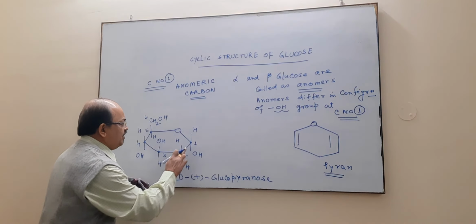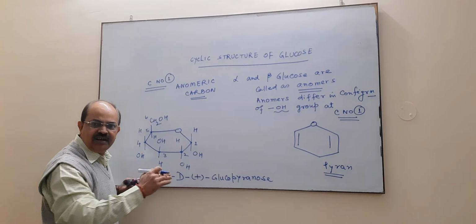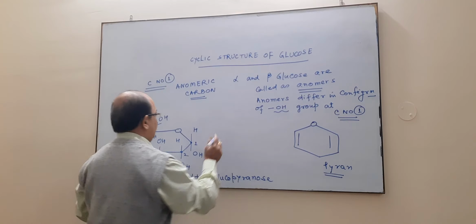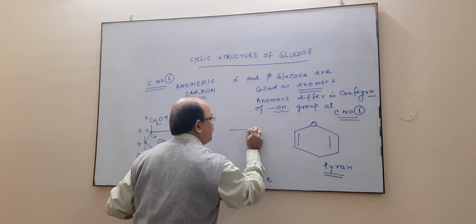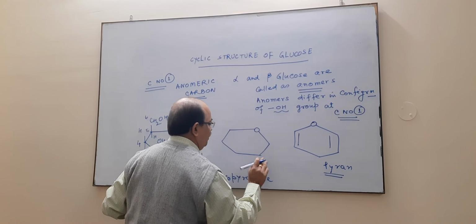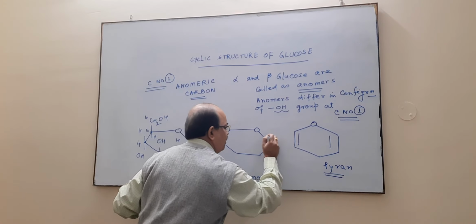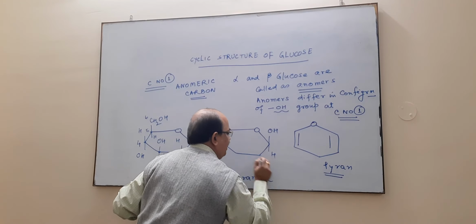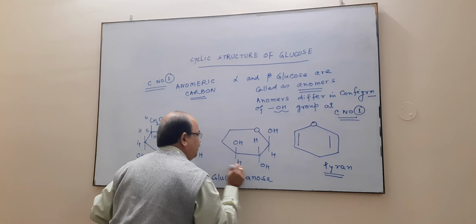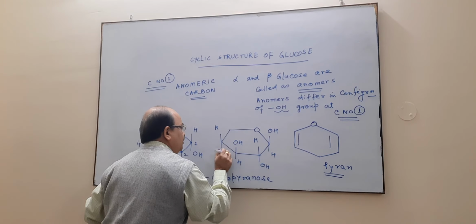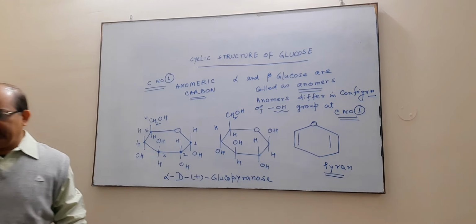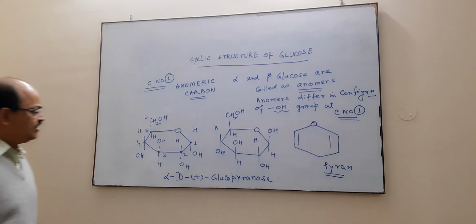So here we put the OH up and the H down. So the beta form is simply this: OH, H, H, OH, OH, H, H, OH, and H, CH2OH. So you can say this is your beta-D